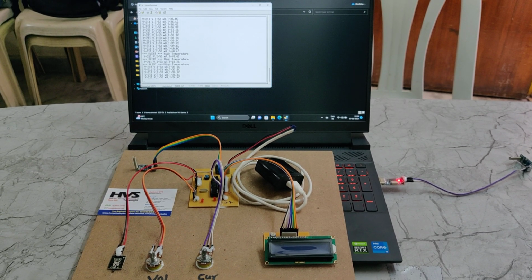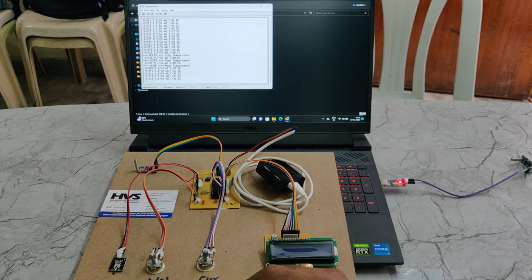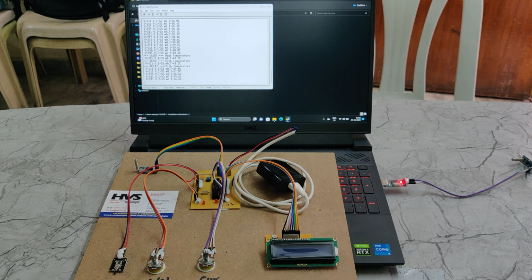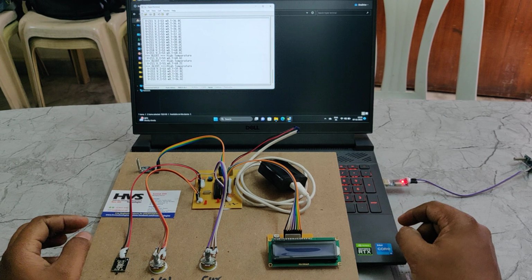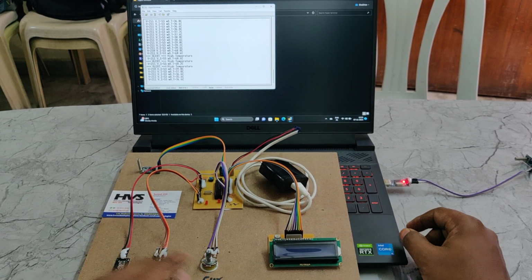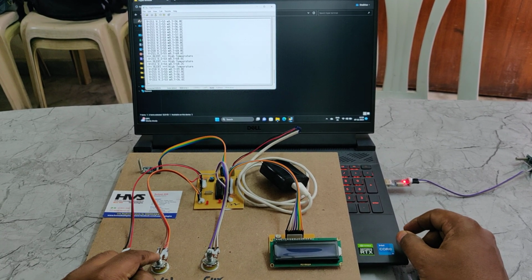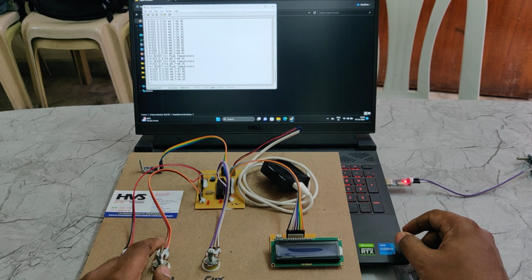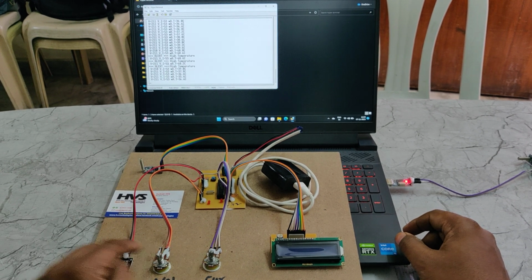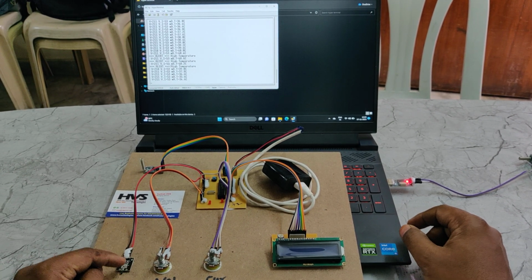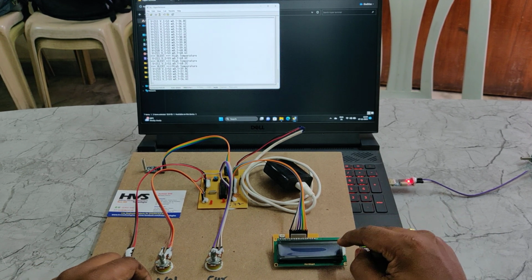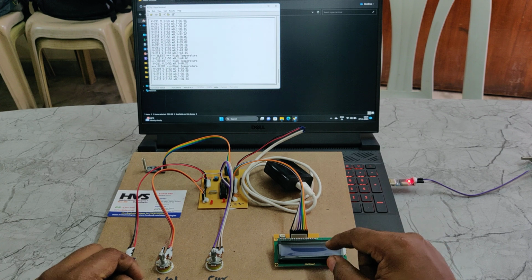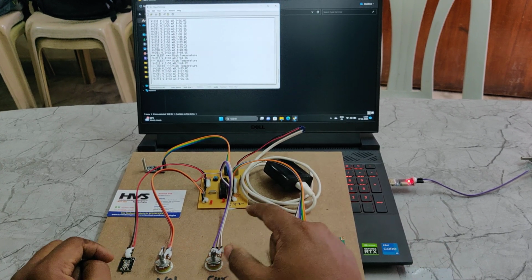Welcome to the demonstration of secured power transmission with overload and overvoltage protection. Here we are going to set and change the overload current and overvoltage limits using these potentiometers. Two potentiometers are used for current and voltage, and we are also continuously monitoring the temperature. These three parameters are continuously monitored on the 16x2 LCD screen, and the same data will be sent through the